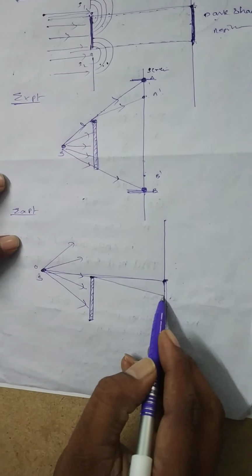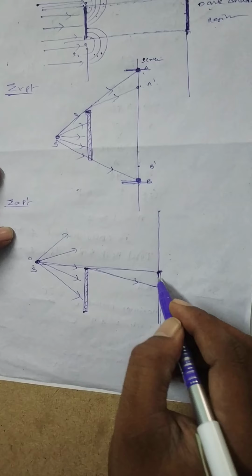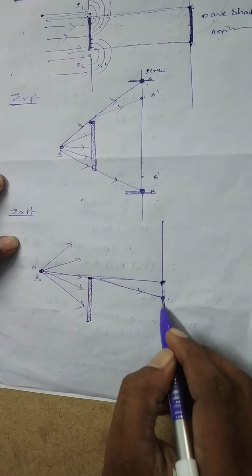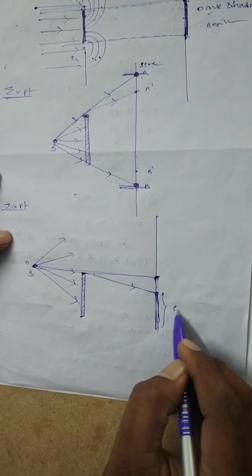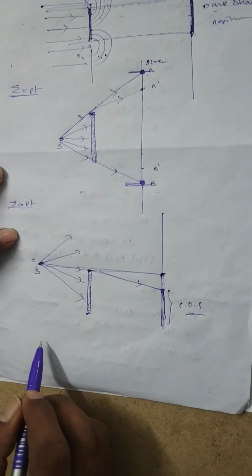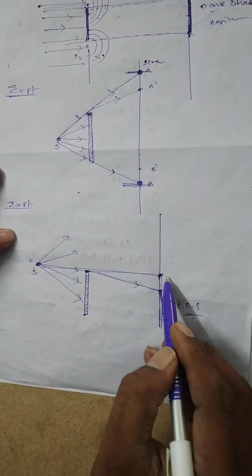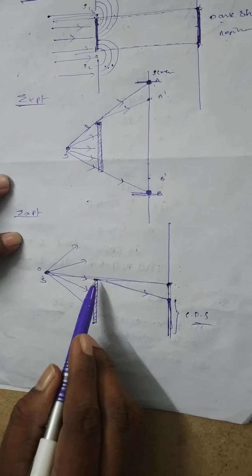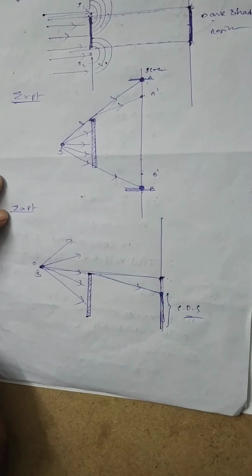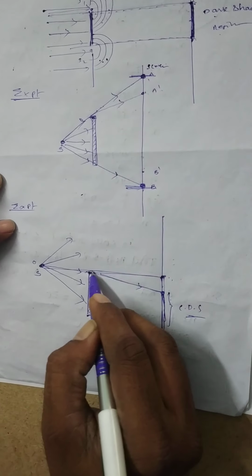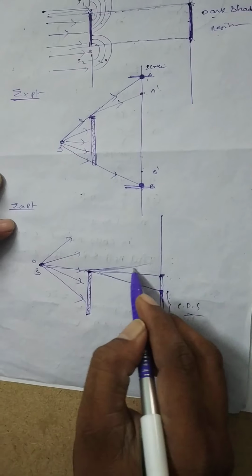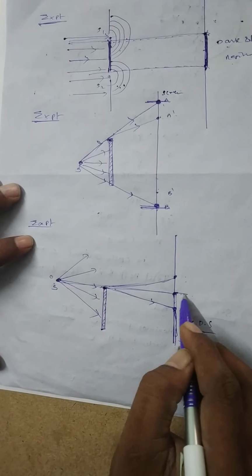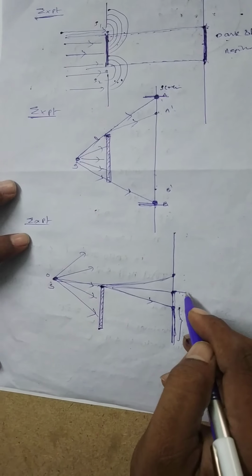Up to a certain distance, the intensity of the light decreases, so that from this point onwards it is a completely dark shadow region. So here the light encroaches within the geometrical shadow, which is mainly due to bending of light at the edge of the obstacle. Here also the light is bending like this, up to a certain distance. So, actually from this point above, it is a completely illuminated region.